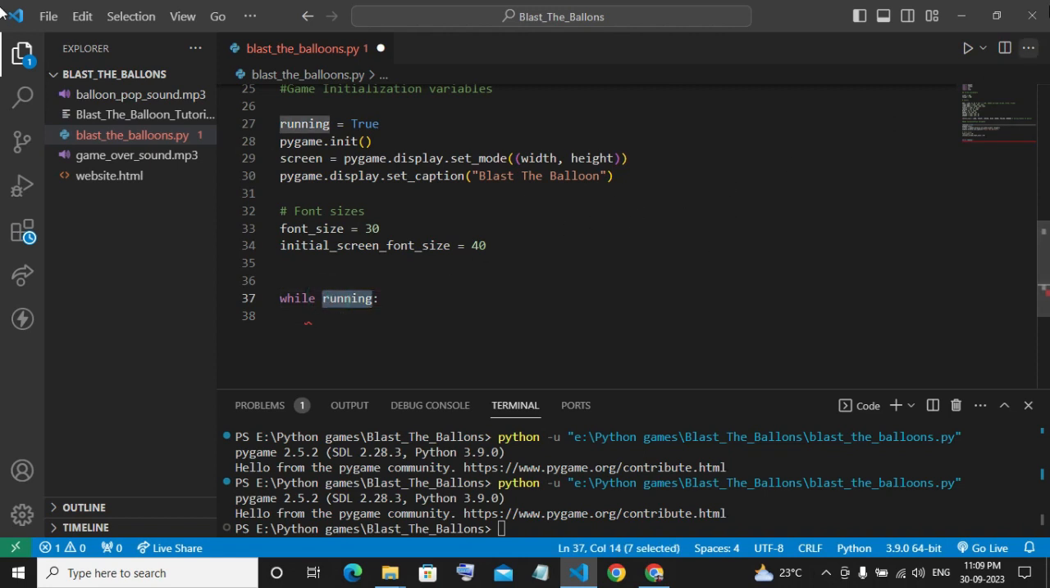Then we need to handle an event: if any person clicks on the particular close icon, the running variable should become false and the whole loop should be terminated, so that the whole game is terminated. This is the whole concept behind the game loop. So we need to create that game loop. How can we do it? For that, we simply need to type